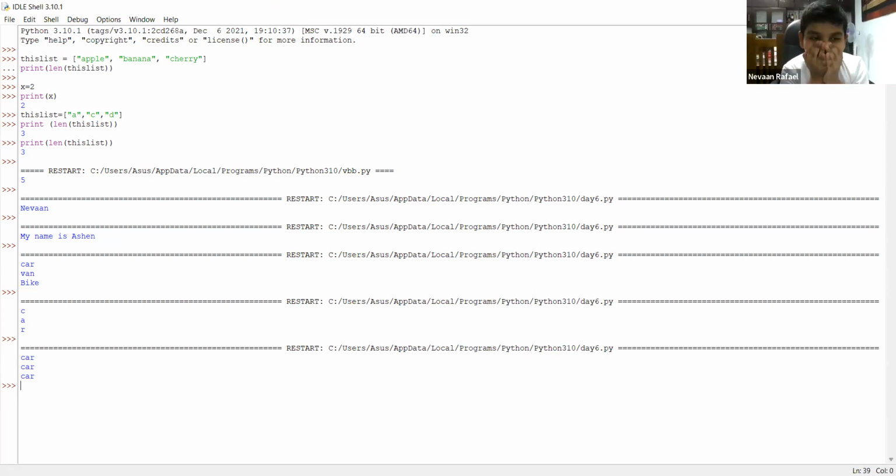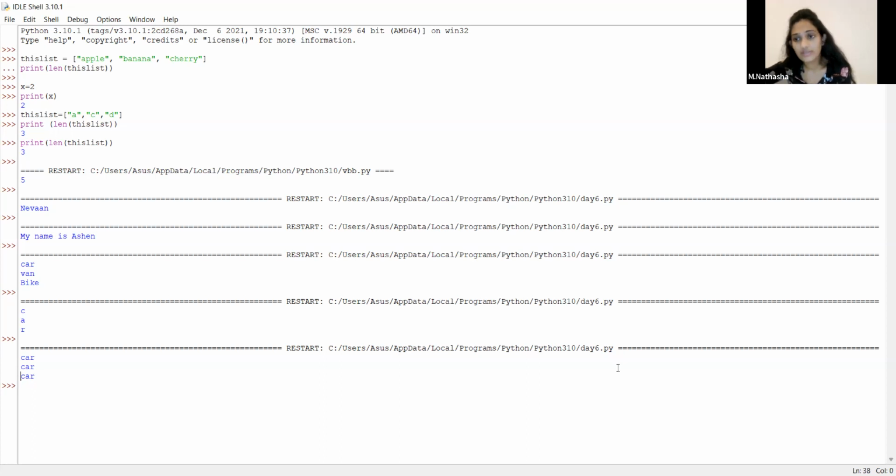Okay. Now I want you to write the program. You have to assign variables. Values are orange, apple, and banana.